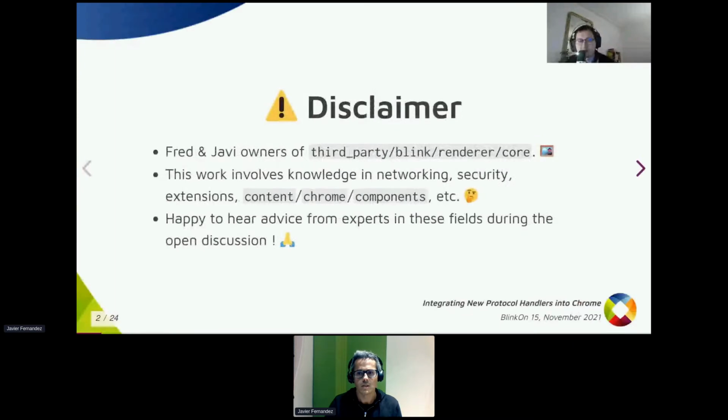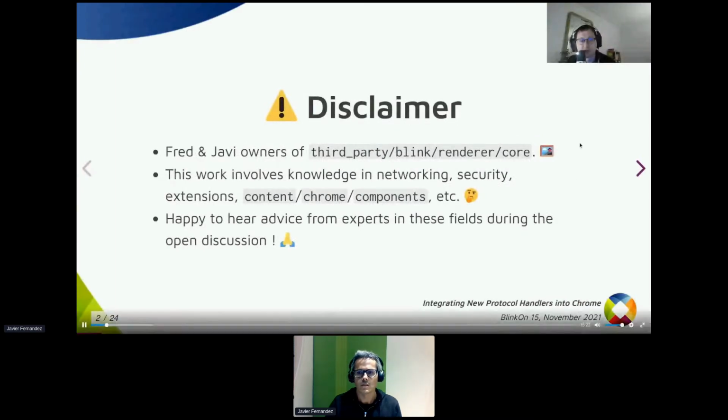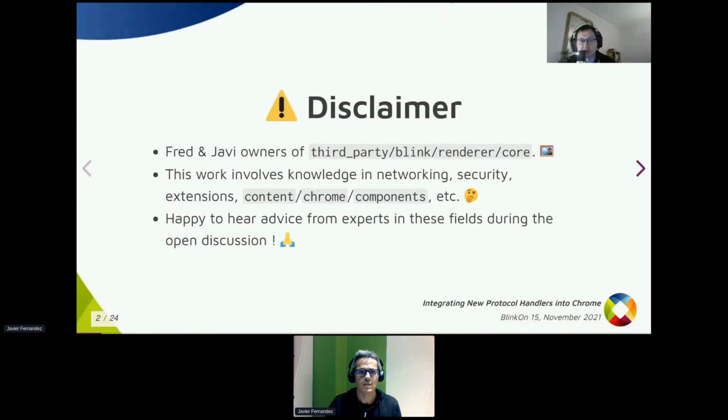But before doing that, I just want to do a quick disclaimer, because Javier and I are actually experts in the rendering code of Chromium, while this work really involves knowledge in networking, security, extensions, and so on. So we are really willing to hear advice from experts in these fields, and we hope you can contribute